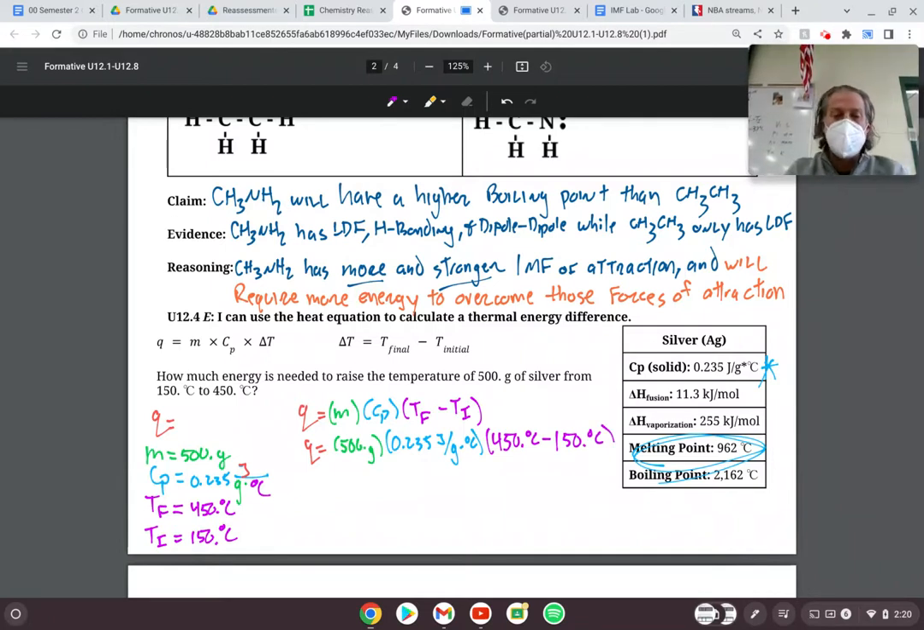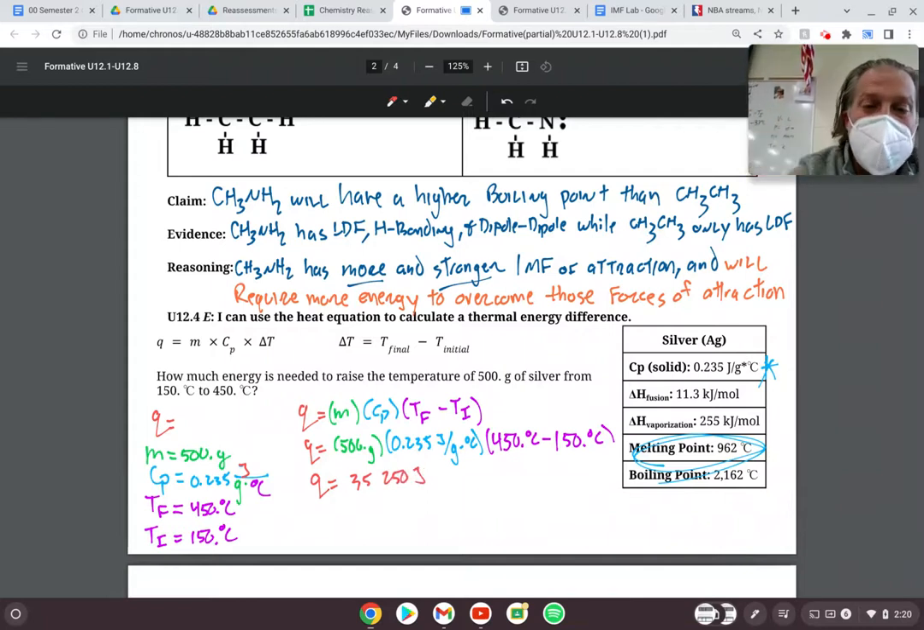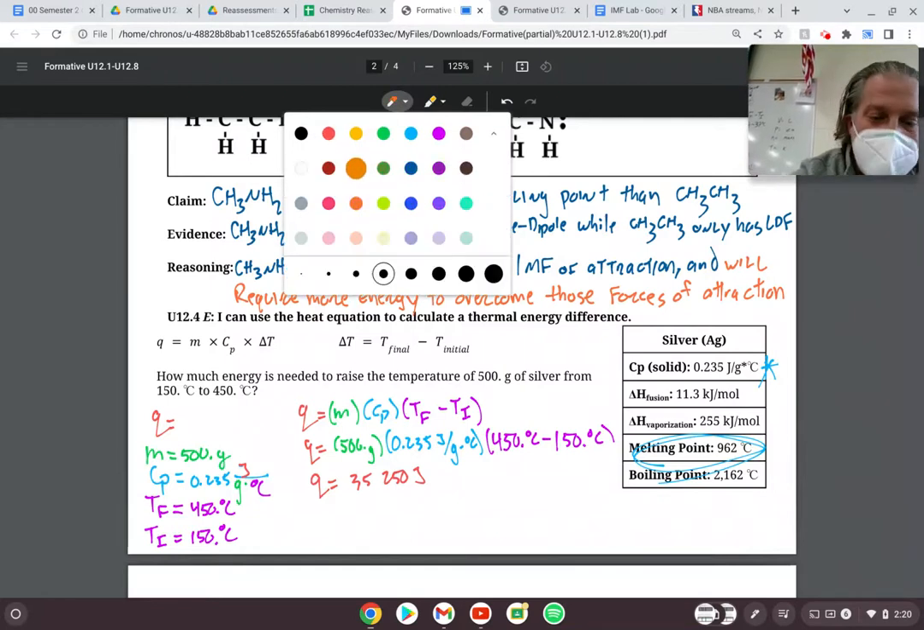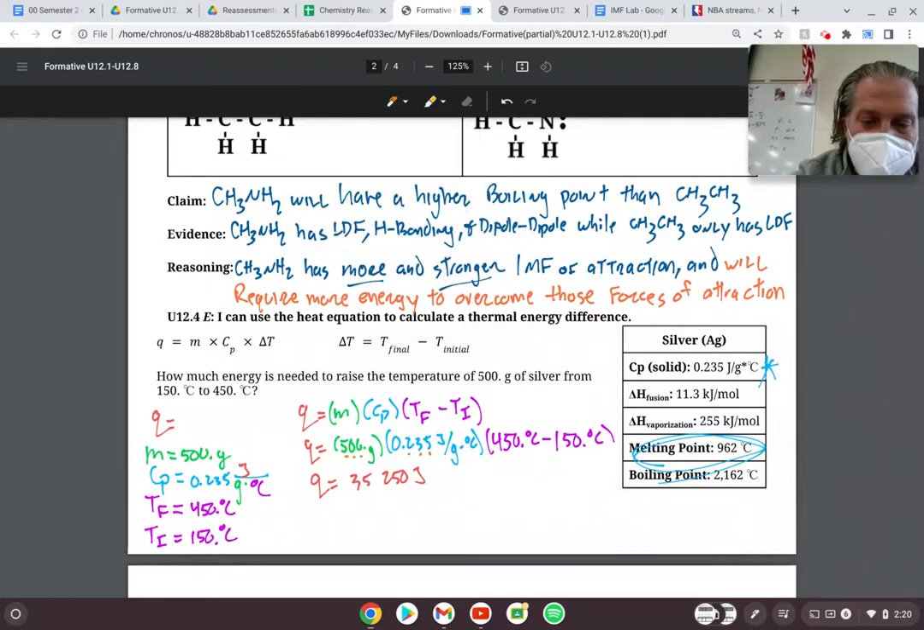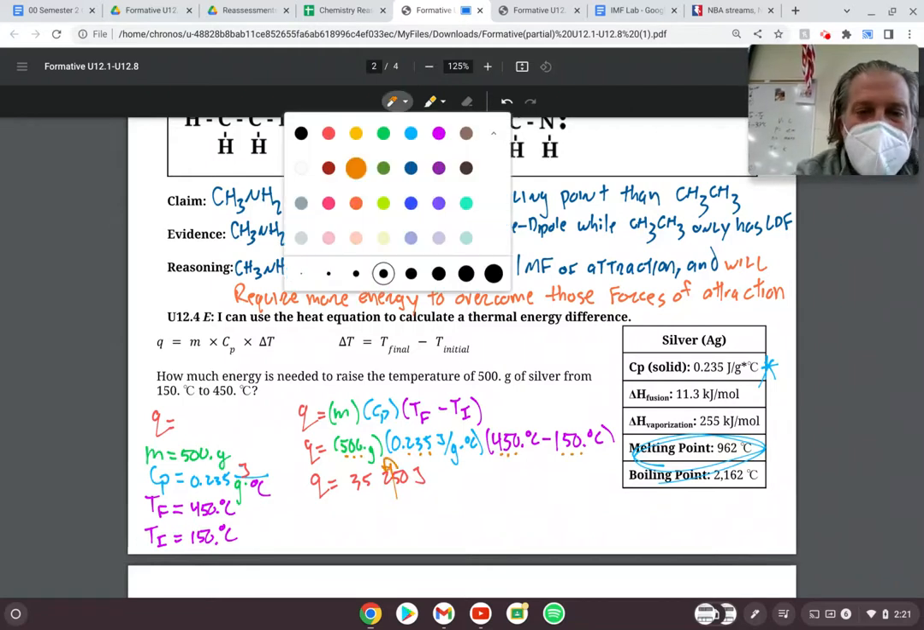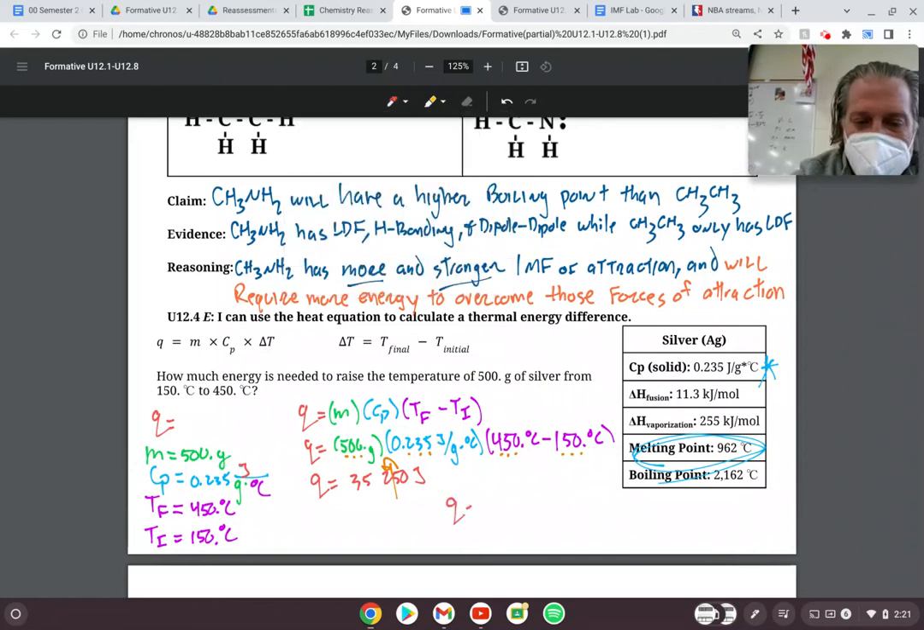I'm going to grab my calculator and take 500 times 0.235 times 450 minus 150, and I get a value for the heat added to be something like 35,250 joules. Sig fig wise, we need to have three significant figures here because 1, 2, 3, 1, 2, 3. So that 5 rounds that 2 up. So my final answer is going to be